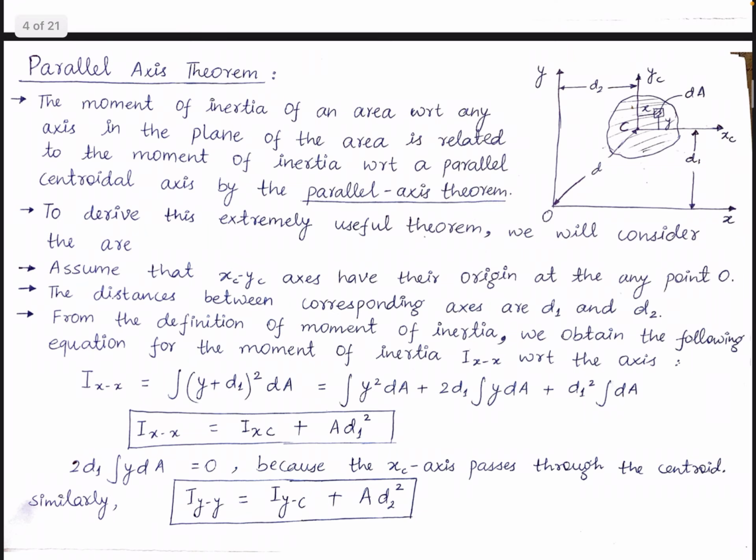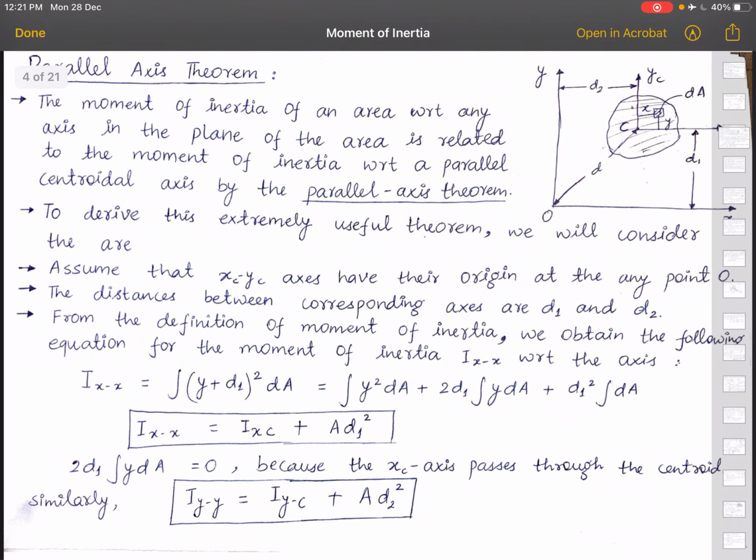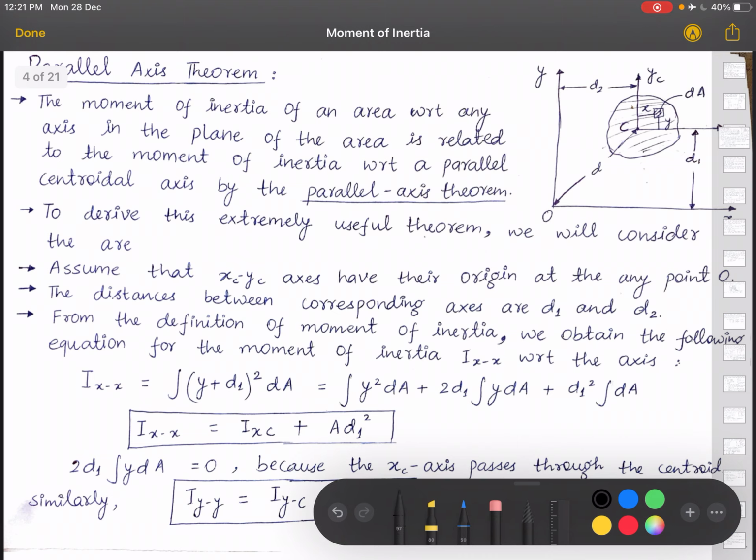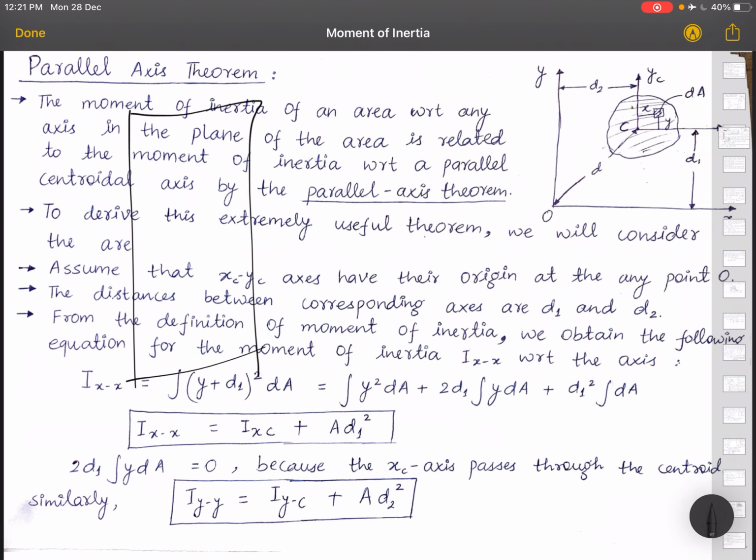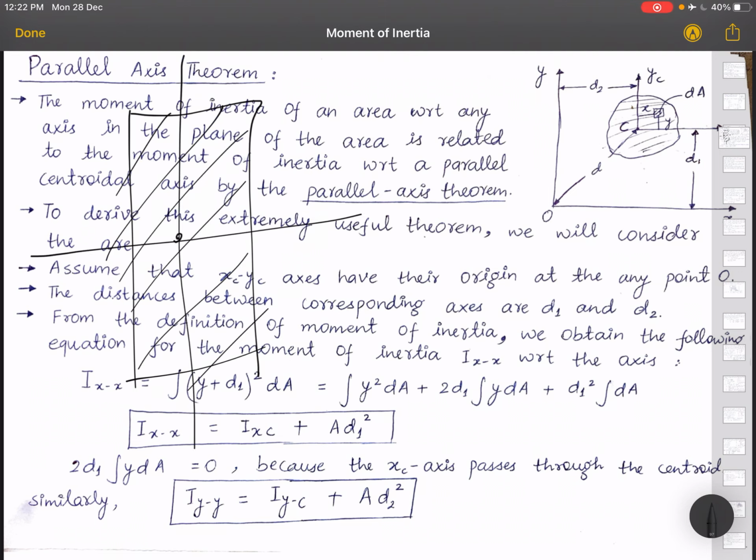Now, if the axis is the centroidal axis, we have the formula, whatever we have just seen. But what if we want to calculate a moment of inertia, like this is our rectangular area. So these are the centroidal axes. These are passing through the centroid. So for this, I have the formula of y square dA or x square dA, depending on the axis. But what if I want to calculate it about some other axis? It is going to rotate about this axis. So how am I going to do that? For that, I have to have some kind of theorem or some kind of law.